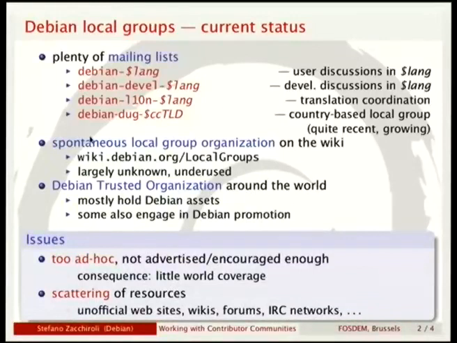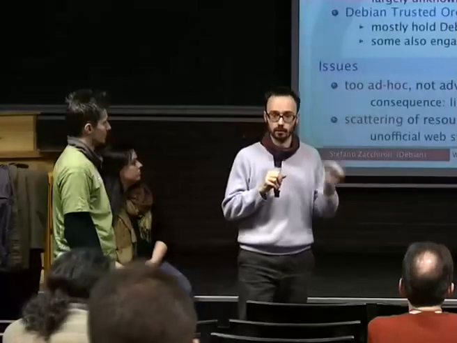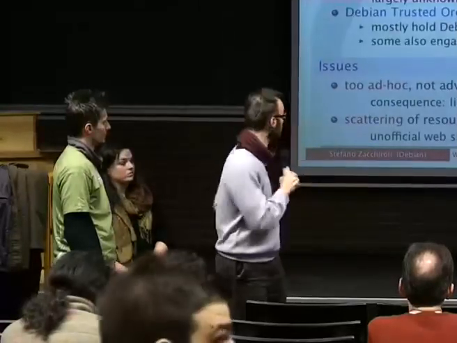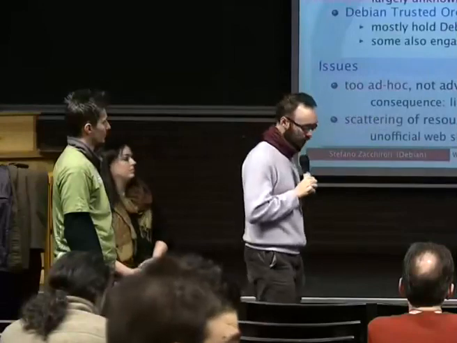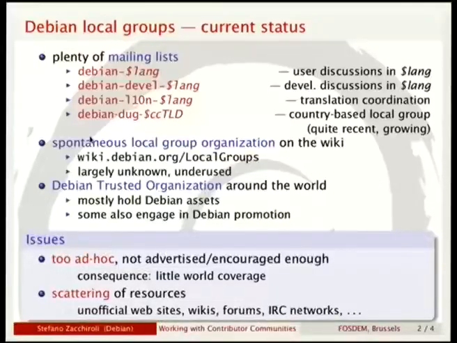And we have a quite new activity which is meant to offer mailing lists for local groups, but it's very new, so we just have like 3 mailing lists for local meetings around the world. Then we have something which is rather ad hoc. So on the wiki, some users started to flock together and create local contact points around the world. So there is essentially a wiki page where local groups can declare themselves and point to their specific resources.